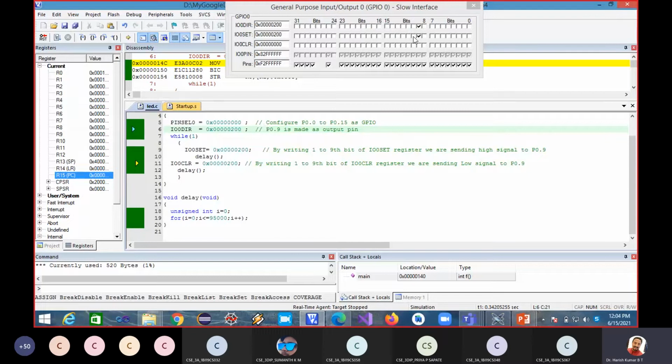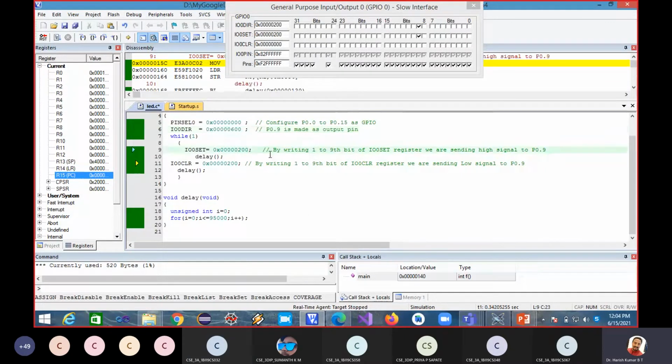Output pin. Now if I want to make use of this P0.10, this is P0.9, this is P0.10. So this should also be 1. Now 0, 1, 1, 0. What is the data? So this also I want to use. Okay, both. I am going to connect one more LED to this. To this I've already connected one LED, and to this I need to connect one more LED. Now what is the data I have to give? 0, 1, 1, 0. How much is it? 6. See, I'm changing it to 6.